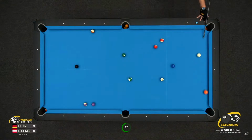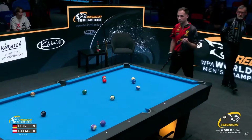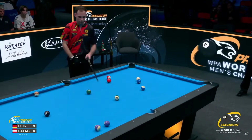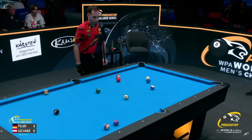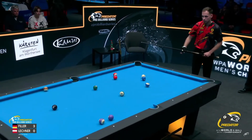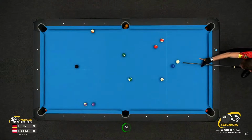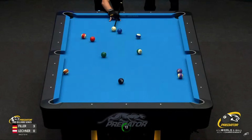Would you consider, instead of trying to break up the 4 ball, banking the 4 to the side? First of all, of course, you could think about it, but first of all, you need perfect position for the bank shot, the perfect angle, and then also you might leave yourself a tougher 3 ball. So, but of course, if he misses the 4 ball now, or